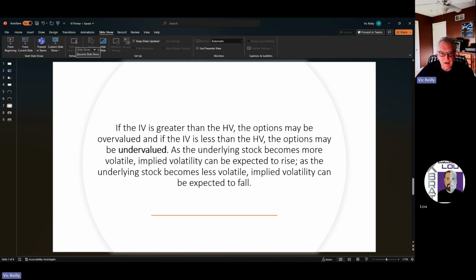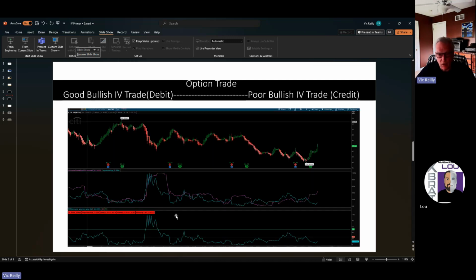And as I denote here, as the underlying stock becomes more volatile, implied volatility can be expected to rise. As the underlying stock becomes less volatile, implied volatility can be expected to fall. And that takes you back around to earnings, where the outcome is unknown. Nobody knows exactly what's going on, or it could be around some sort of event that's going to be out there. That's where you want to be tracking the IV to give yourself an idea. This one down here could go even lower, but at this moment in time, if you want to make a decision, the box is checked, it's below